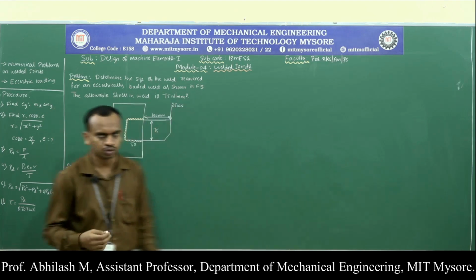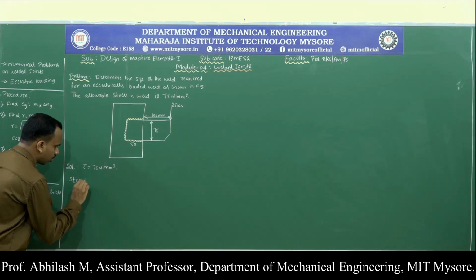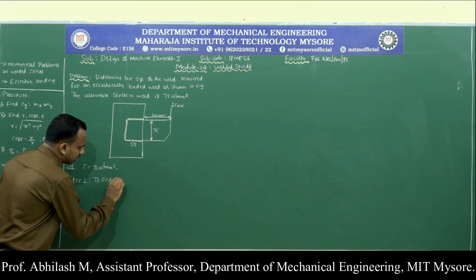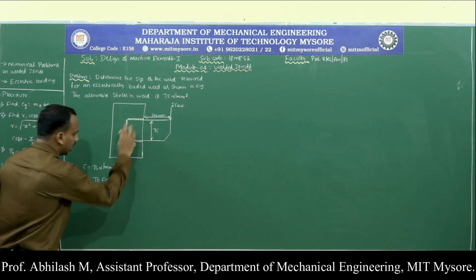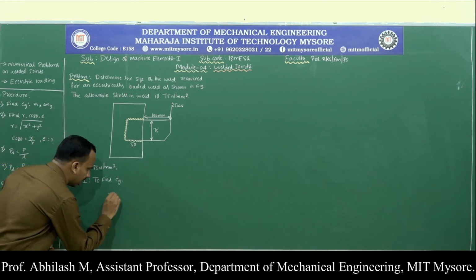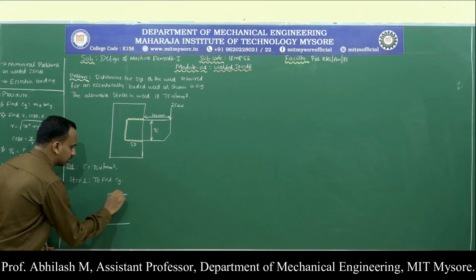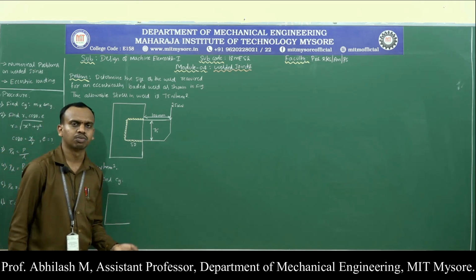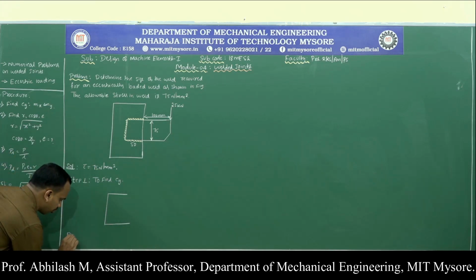So what are we supposed to do? Step 1 is to find the CG of the particular weld that they have given. So let us write only the welded portion. It's a single transverse and double parallel weld. So we are supposed to refer to the table. Which is the table? From table